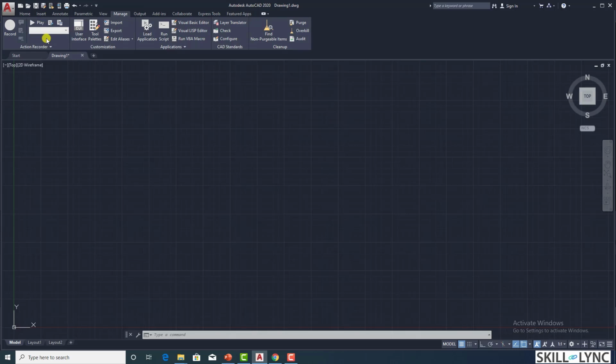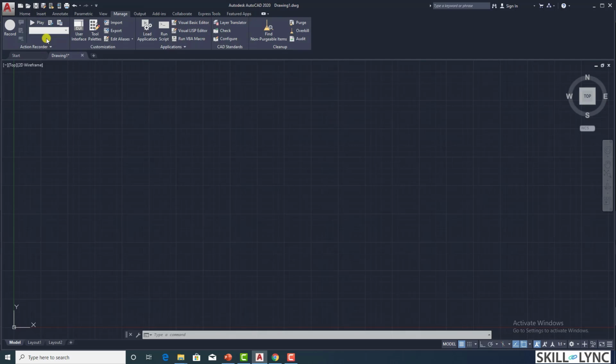Suppose you want to measure the boundaries of a given object each and every time, and whatever object it may be, that is with different drawings, you can set in a macro command to look into the boundaries of it and then give out the total length of the boundary.